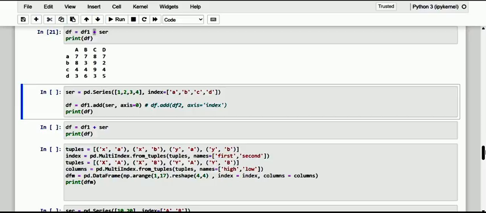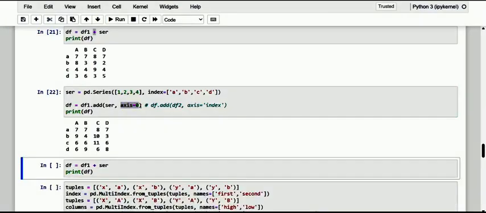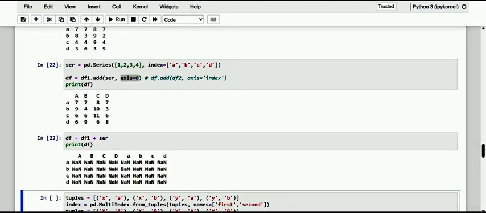Here is how we apply it. Kindly take note of it, dear friends. So this is the series, and here we have done axis equal to 0, and it has been added here. If I make this one simple, see here how it happens.